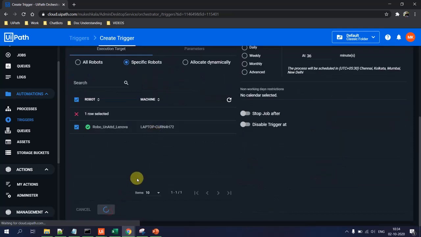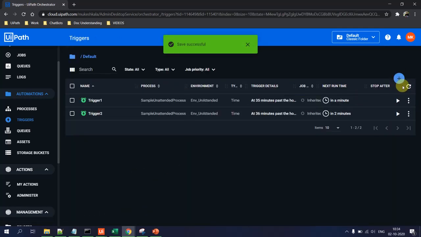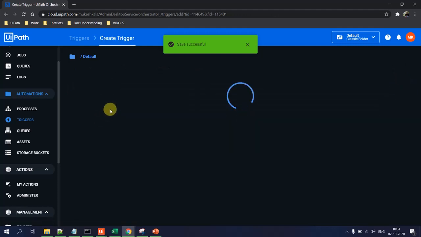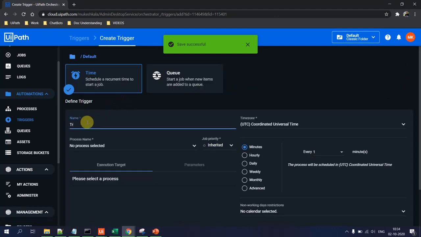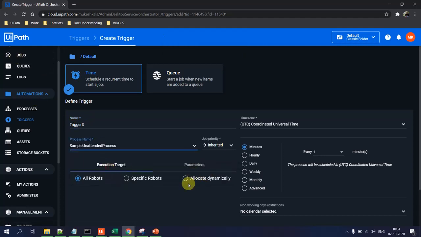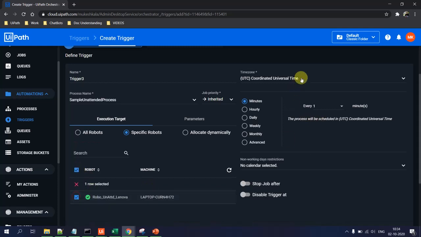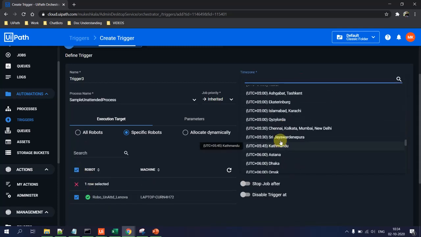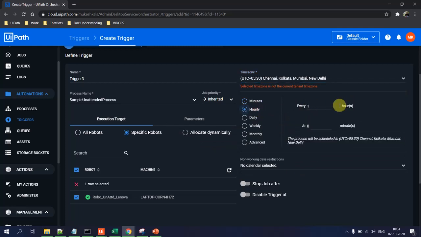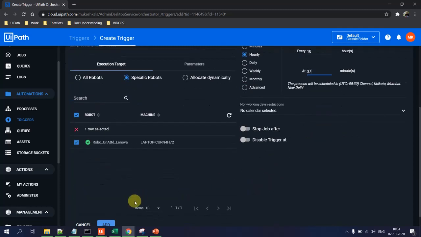I'll add it. I'll add one more trigger, trigger 3. Process as this one, specific robot, this robot, UTC plus 5:30, 10:37, and add.